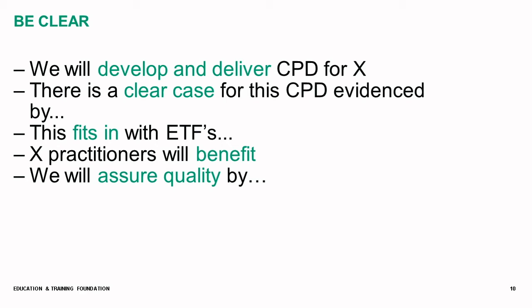So reach can fall into three levels. Direct participants who will be coming along to your CPD session or event. You might be able to add indirect participants who will benefit from a formal dissemination session, learning from the people who've been along to that event, so people who are cascading it back in the workplace to their own teams. You can count that in your reach as long as you clearly explain the difference between the direct and indirect participants in this particular piece of work.